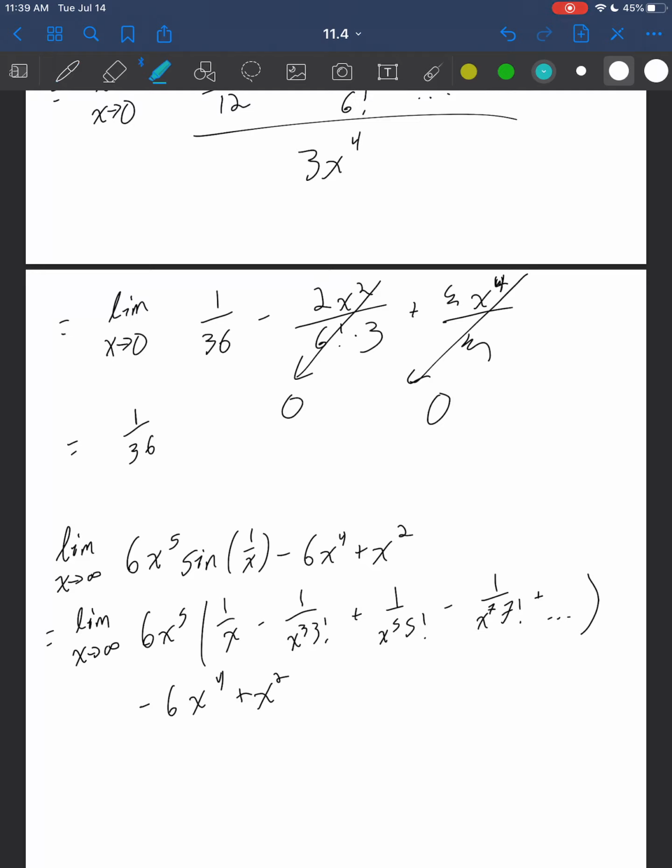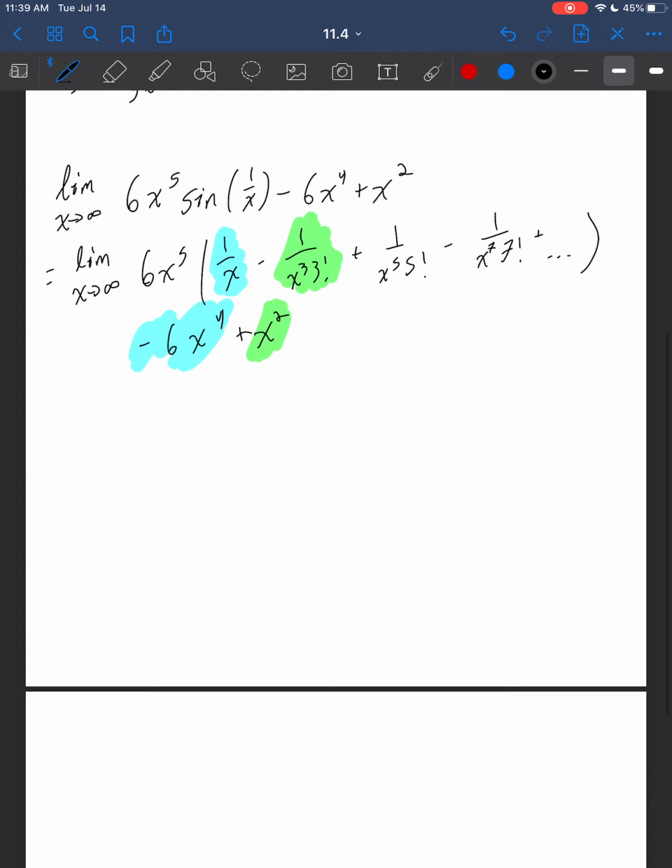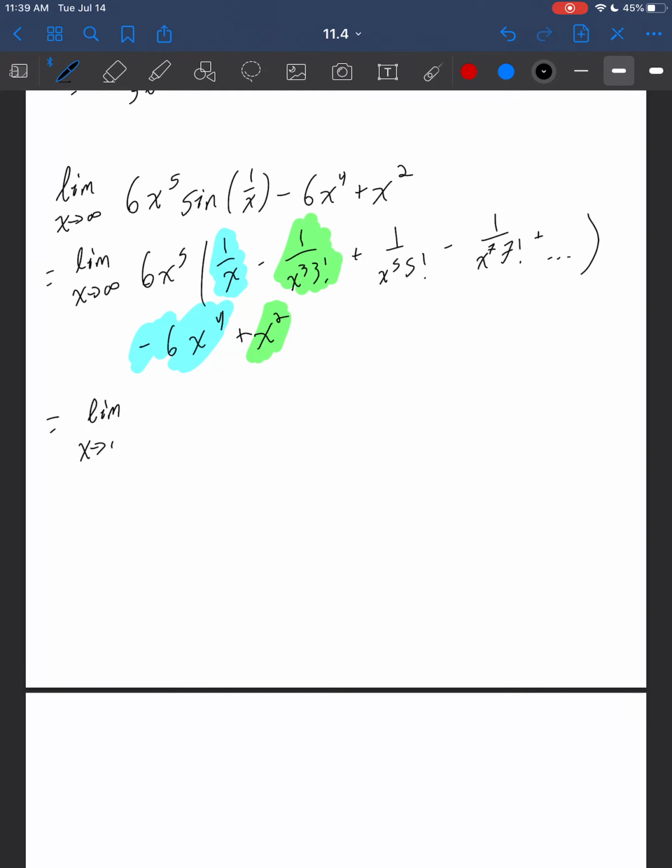But similar to before, lots of things are going to cancel, right? This 6x to the fifth times 1 over x, well, that's 6x to the fourth. So that's going to cancel with this x to the fourth right here. Similarly, we have this 3 factorial, which is going to be 6. And so we have an x squared from this green part right here and an x squared right here. So those are going to cancel as well. And so we are just left with the limit now as x goes to infinity of 6x to the fifth